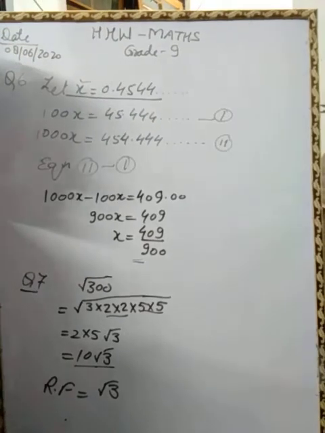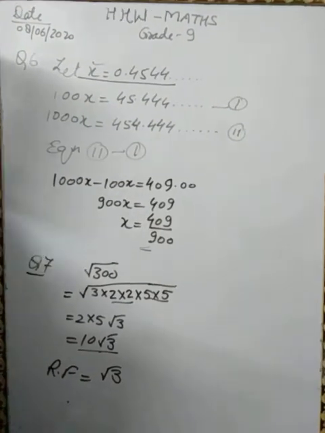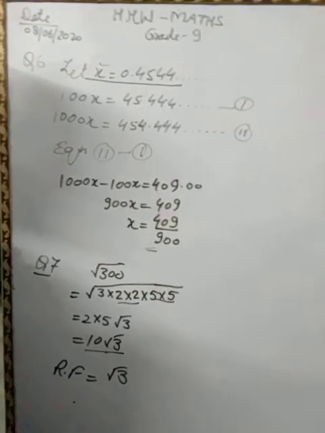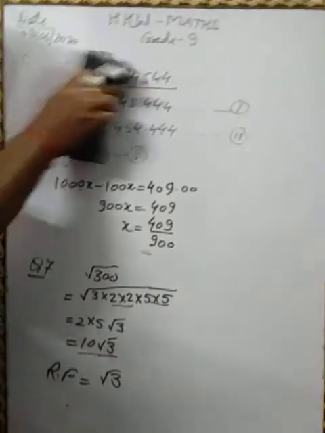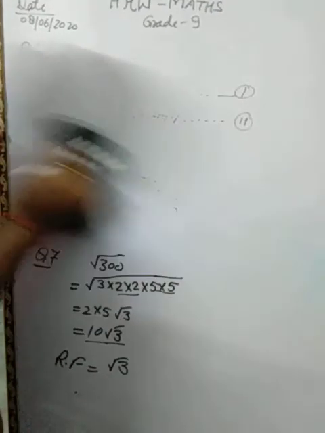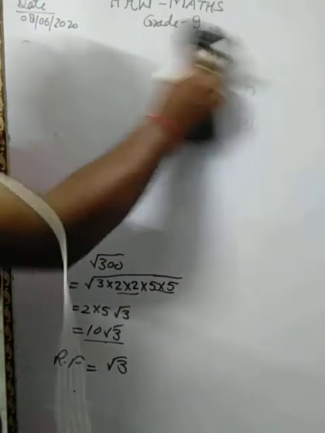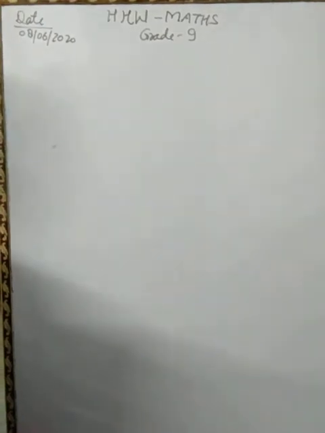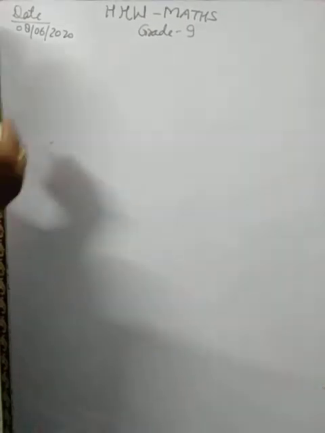Question number 8th is very simple. That is completely based on the chapter number system, and the topic is indices rule. When I started that chapter, I told you about the indices rule, and in the beginning I told we will revise the questions because holiday homework is designed from the chapter number 1 and chapter number 2. See this question number 8.